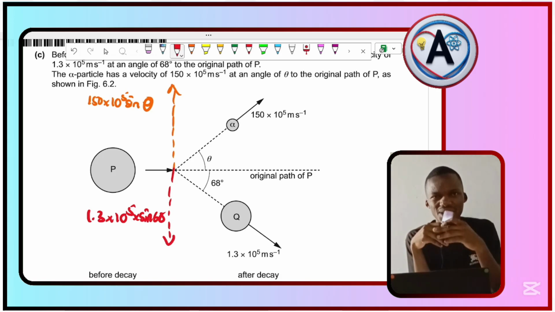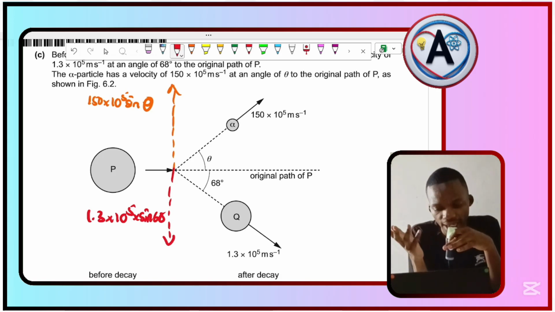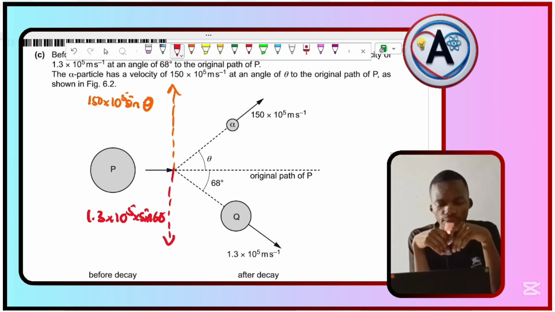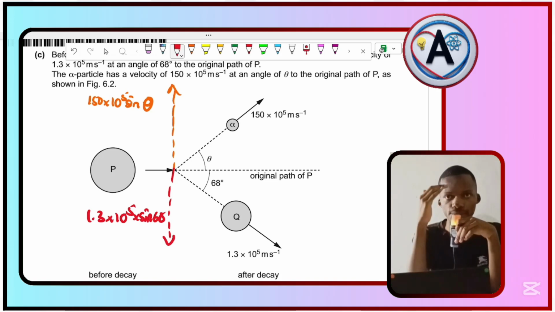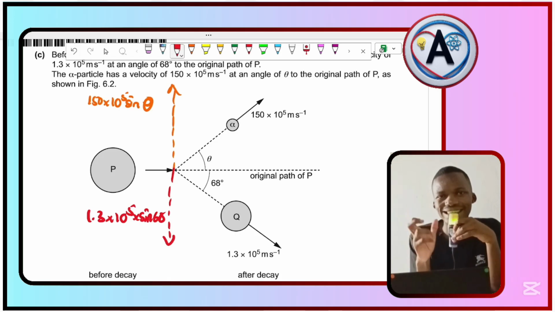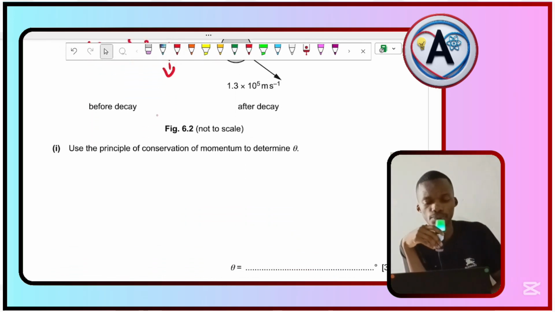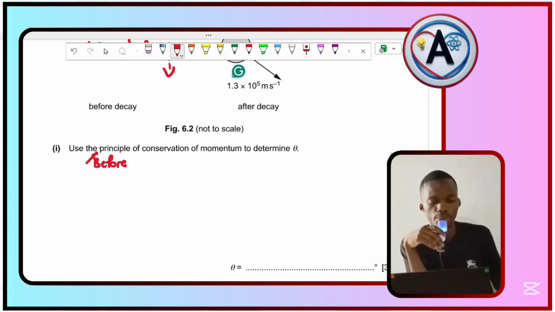And I can't look at x because I don't know the velocity that the P particle is moving at, right? It's going to be quite difficult to do that because we have an original path of the P. But what we're going to do is resolve momentum in the y and therefore be able to equate momentum before with momentum after. So how are we going to do that? We're going to say momentum before is equal to momentum after,